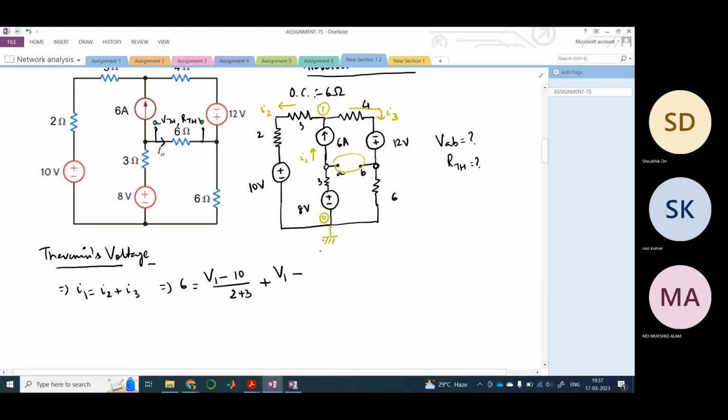So see here, this will be minus of minus 12. Why? Because the polarity is opposite, I mean, it's not facing I1. It is pointing from node 1 to node 0, so therefore this minus sign is there. And here it was pointing towards I1, so therefore it was V1 minus 10. I hope you understand this. It's basic KCL concept if you have solved those problems carefully. And of course, divided by the two resistances, 4 plus 6. So therefore, our equation becomes,